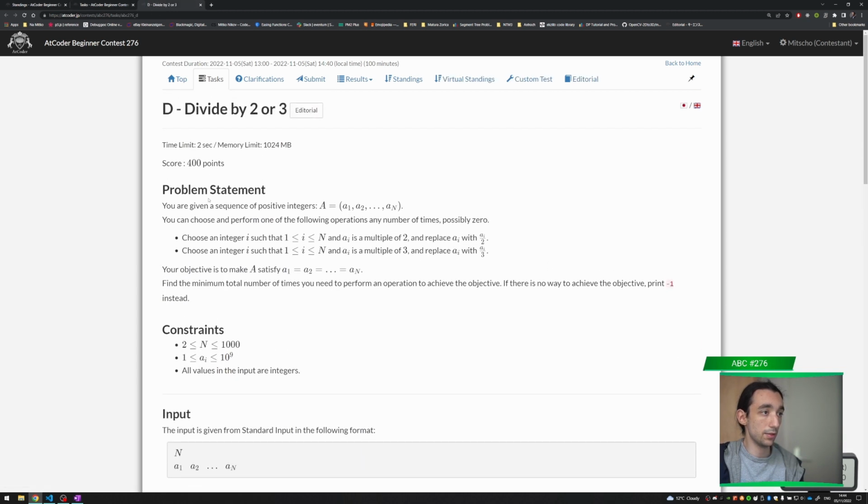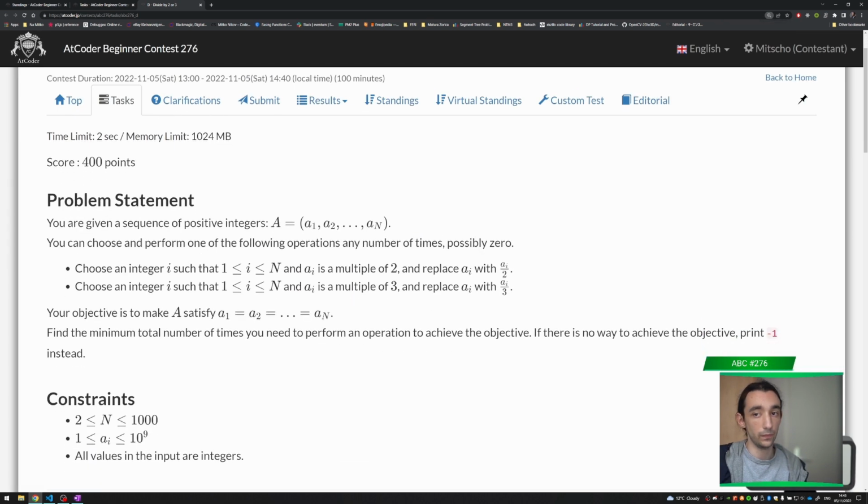D is you're given some array, and you can perform the following operations any number of times, possibly zero, so possibly you don't have to perform them. You choose some element in this array, and if it is a multiple of 2, you replace it by the division by 2, and if it is a multiple of 3, you replace it by the division by 3. Then your objective is to